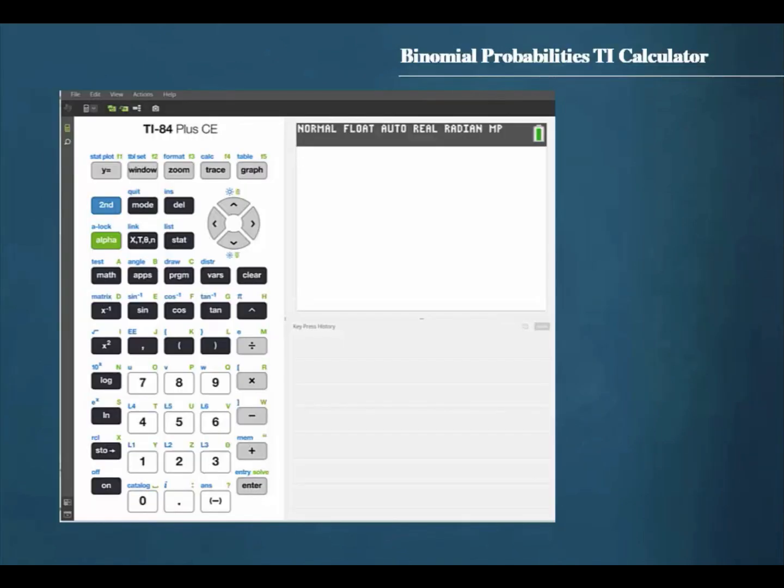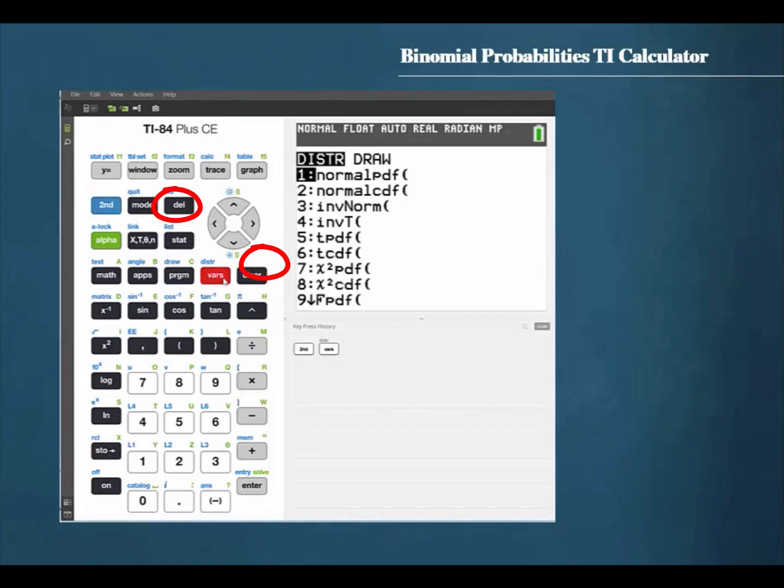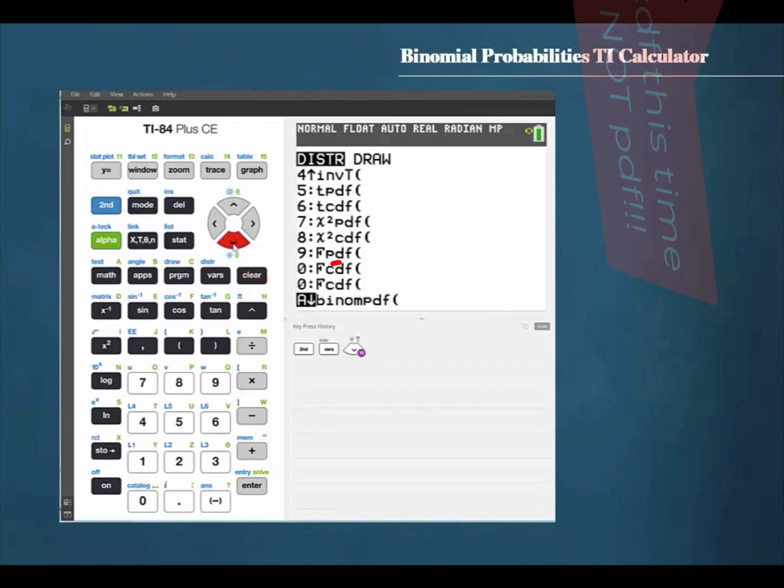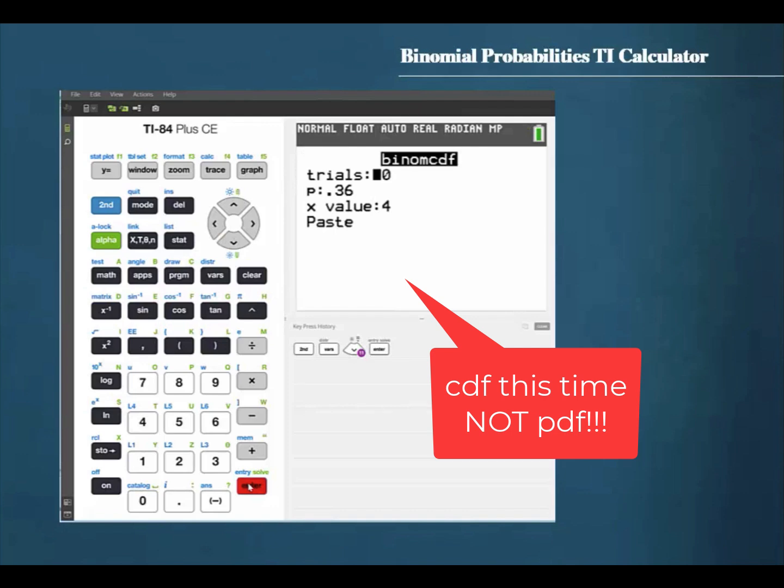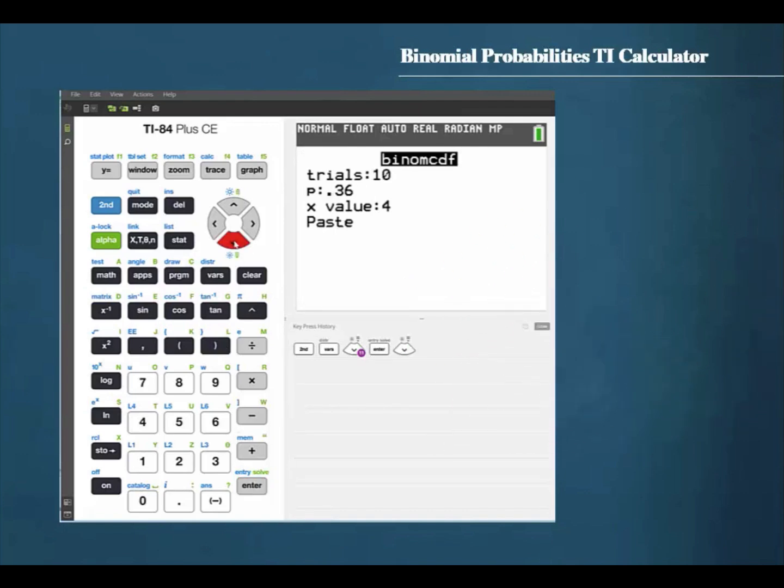In order to use your graphing calculator to find an accumulation of binomial probabilities, we will use the binomial CDF function. We will do that by pressing second, and then press the vars button, and then cursor down until we find the binomial CDF function, then press Enter. In this example, the number of trials was 10. The probability of success was 0.365. We were asked to find the probability that x would be at most 4, and then cursor down to highlight,